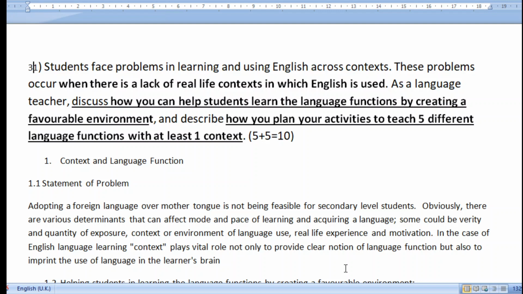Obviously, there are various determinants or factors that can affect mode and pace of learning. Mode of learning and pace, speed of learning and acquiring a language. Some could be